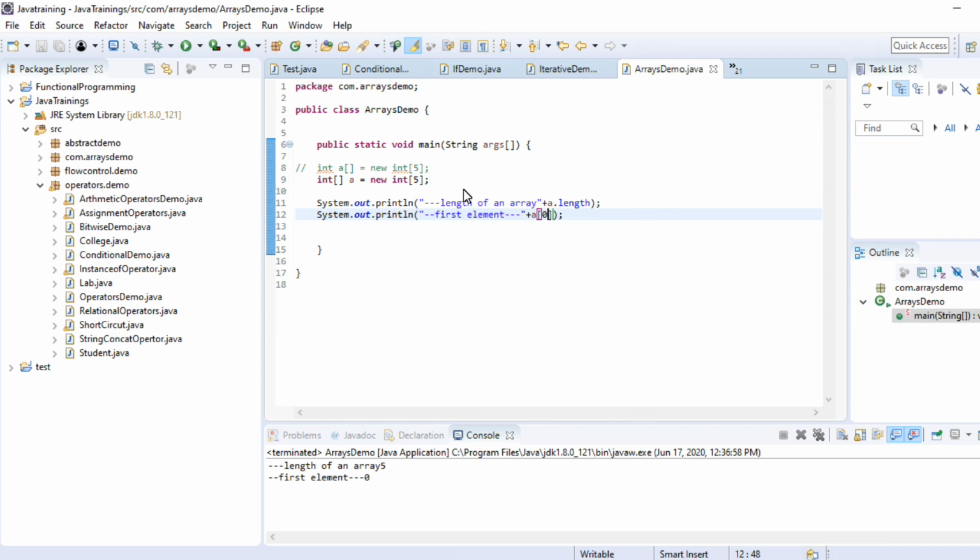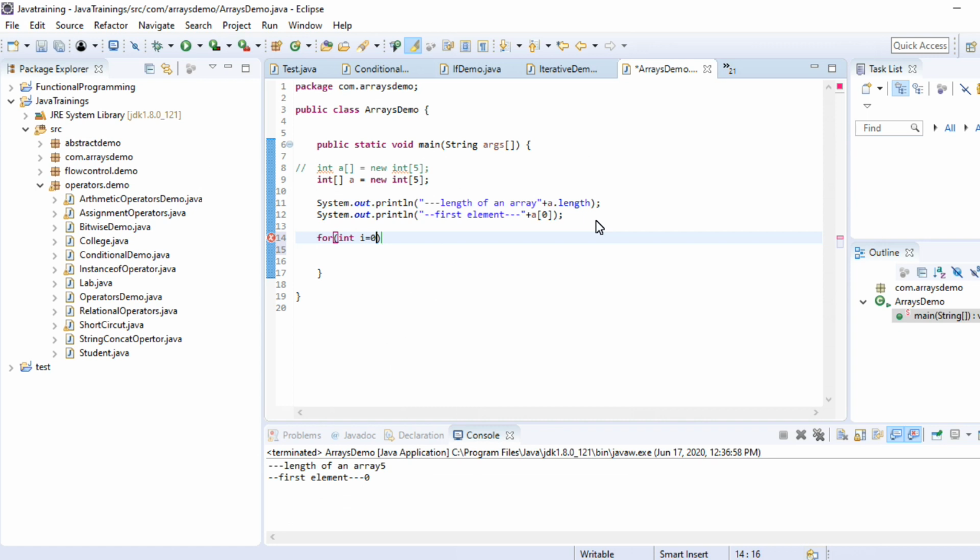Now if you want to give some values into an array, how can we do it? We can do it using a for loop. If you don't know for loops, I already gave a video regarding for loops and all control flows in the last video, so please go through that video. I will leave that video in the cards. So how can we write a for loop? See, this is the way we can write a for loop in Java.